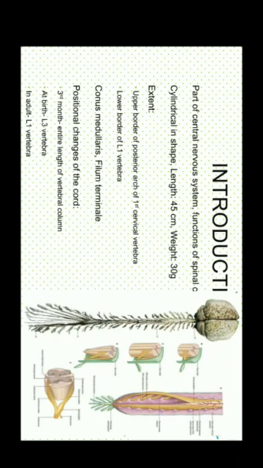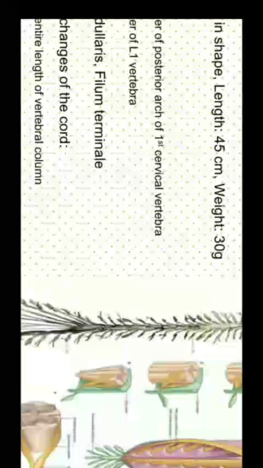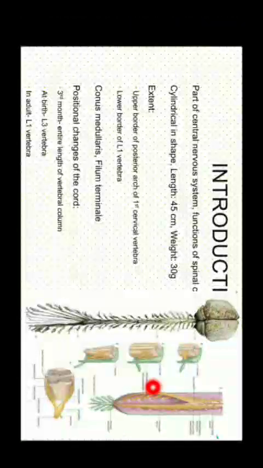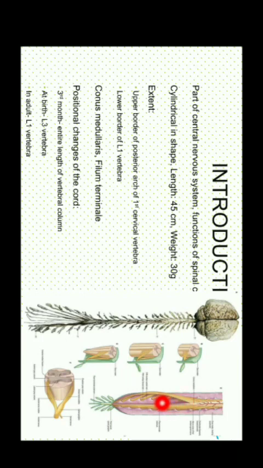The structure of the spinal cord, I said it's cylindrical, but it's not throughout. You can see at the lower end it's conical. So this lower conical part is called as conus medullaris. To the apex of the conus medullaris is attached the filum terminale. In this picture you can see the thin fibers extending up to the coccyx. It's the filum terminale. It's something like holding the spinal cord from its lower end and gets attached to the bony part, that's the coccyx. So it helps in keeping the spinal cord in position.